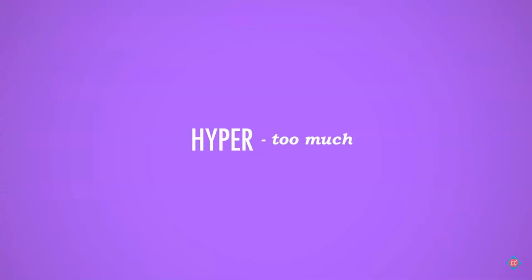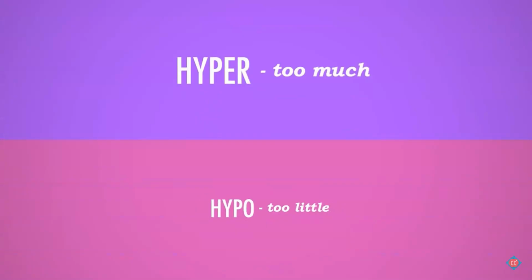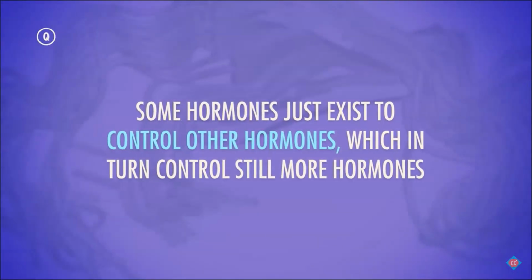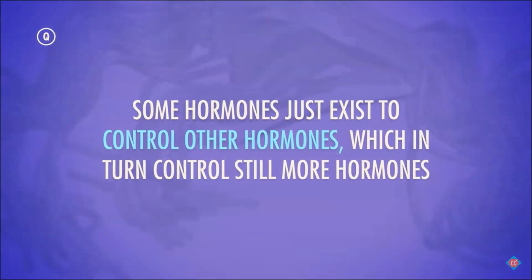Lots of different endocrine-related illnesses like diabetes or hyperthyroidism tend to be the result of either hyper, too much, or hypo, too little secretion of certain hormones, which throw your homeostasis off balance. But there are lots of more common and less obvious ways your hormones can get out of balance, not because of some disorder, but because these signaling chemicals are just caught up in a chain reaction, which can take a while to subside. Some hormones just exist to control other hormones, which in turn control still more hormones. So as soon as one starts to trickle out, you can pretty quickly wind up with a cascade on your